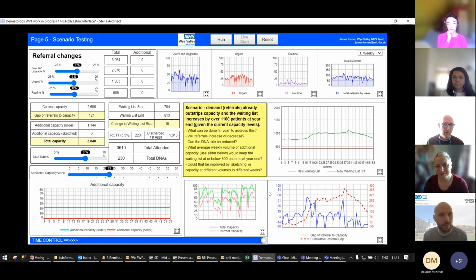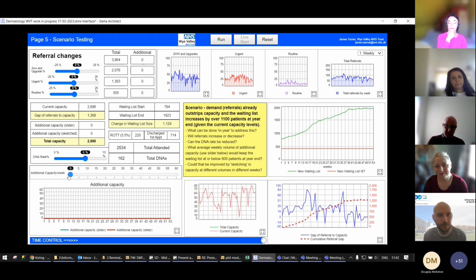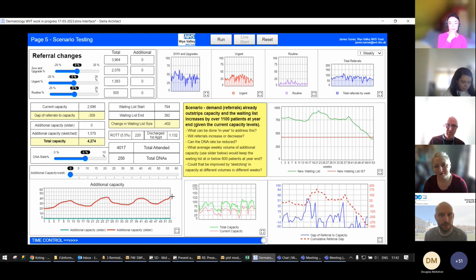Now that's great, but not everyone can guarantee that they're going to put on 22 slots every single week. So the other way of delivering our capacity is to use one of the functions within Stella, which is called sketchable, where you can draw on the chart. I can draw this red line appearing on the bottom left, saying, what if we did this many new appointments per week, starting at 20, maybe increasing to 40 by week 13, and coming back down again. You can see the chart on the right-hand side has dropped straight back down. We've put on 1,600 new appointments, and it's reduced the waiting list way down to 353.